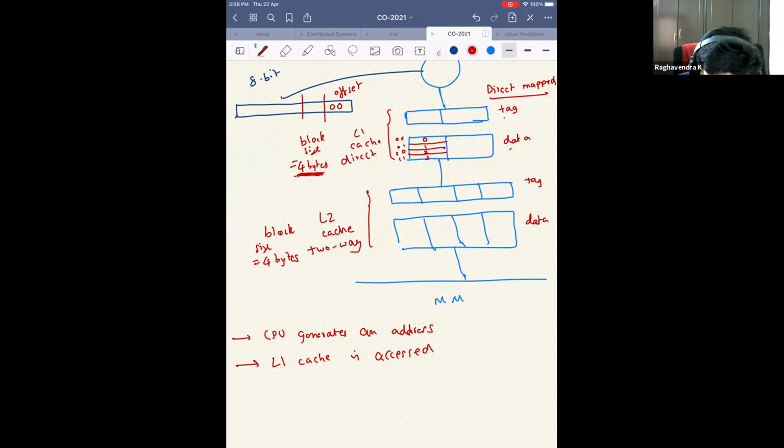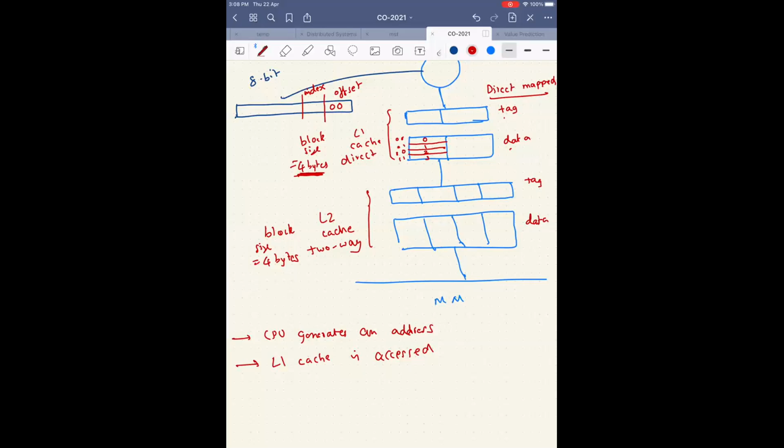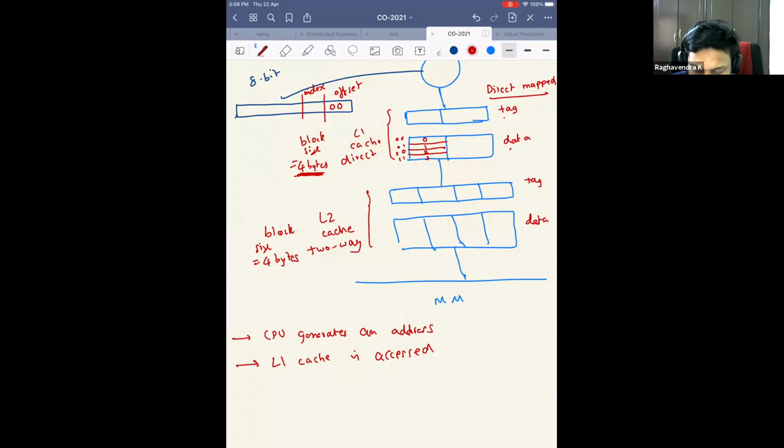How many bits will be there here? And this is the index now. How many bits will be there in the index? Or do you think that the index is not there? Log of cache size minus offset? No, there will be no minus offset at all. What is the index telling me? That is the question.